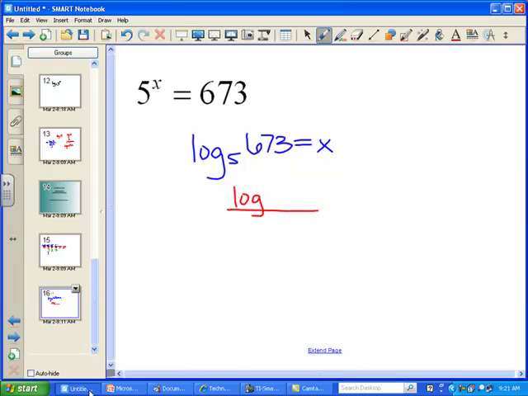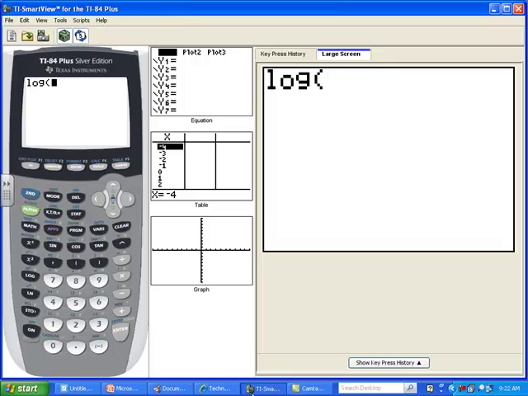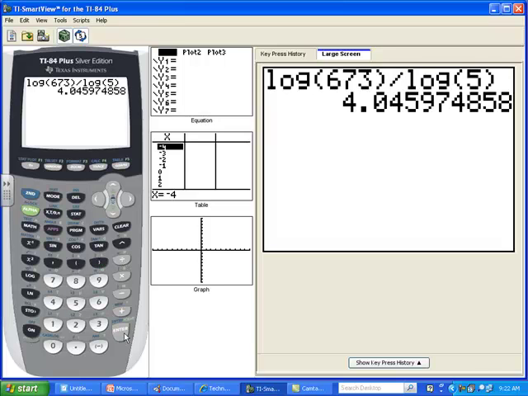So it's going to be log base 10 over log base 10. We just have to figure out what number to put where. And it's going to be 673 over 5. Another way you could think of this is the base goes on the bottom, or base bottom. Let's put log 673 over log 5 in the calculator and see what we get. We'll get log 673, close that parentheses, divided by log 5, and hit enter. And yeah, that's the same answer that we got with the Inspire. So that's the change of base formula. It comes in pretty handy if you want to use a calculator that does not allow you to specify the base. If you have a TI-84